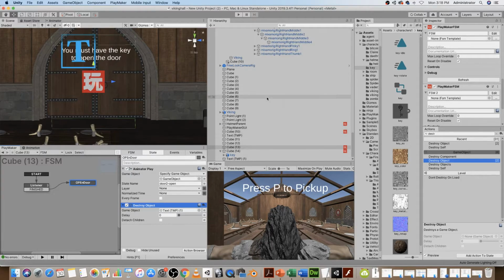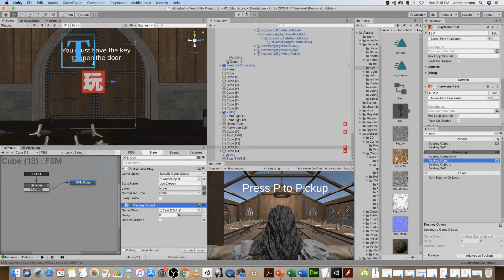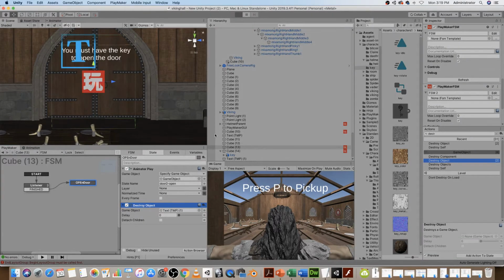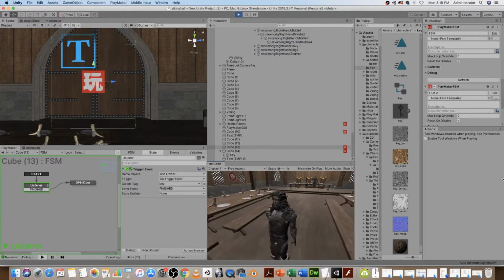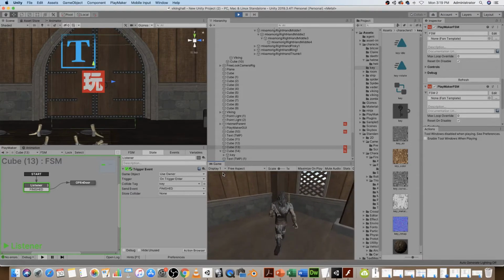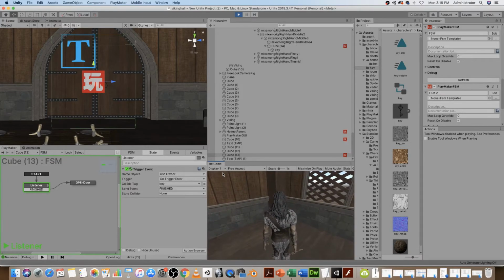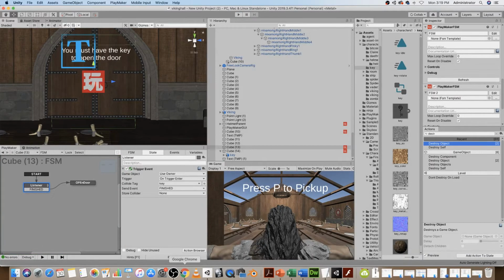Okay. So let's just do one last test on this, and then I think we'll be done with this part. Get the key, pick it up. Actually, I just want to do one more thing, which is very important